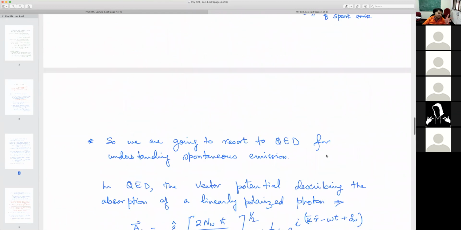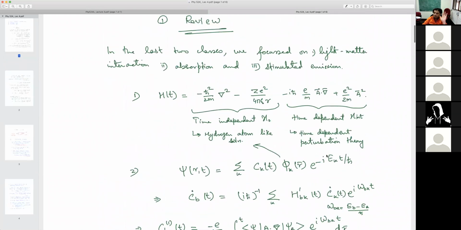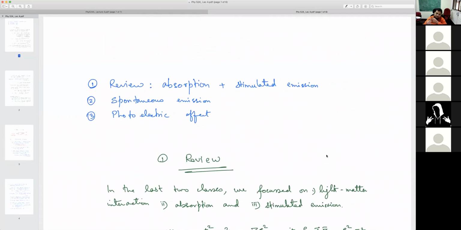So these, from my course, are the four basic takeaways. Absorption, you should understand; stimulated emission, you should understand; spontaneous emission, you should understand; and the photoelectric effect, you should understand. And of course, there will be a lot of symmetry things, like which transitions are allowed in atomic systems and which are not. All of those we will do. But these four phenomena form the bedrock of this course, basically.